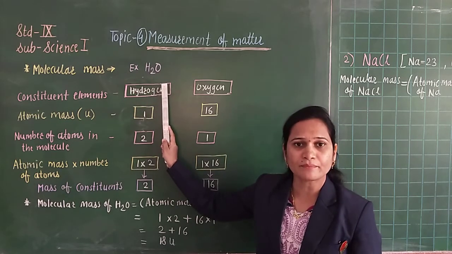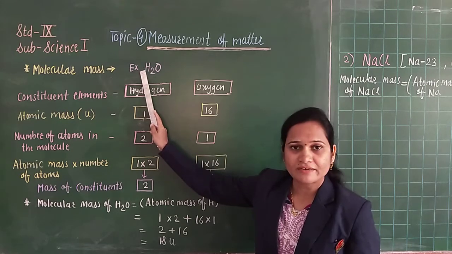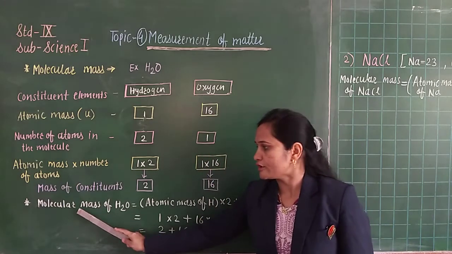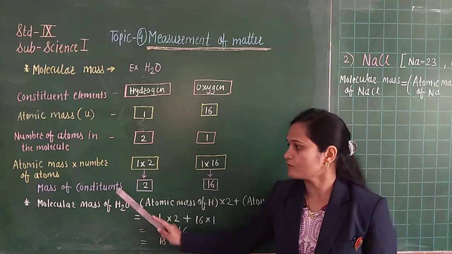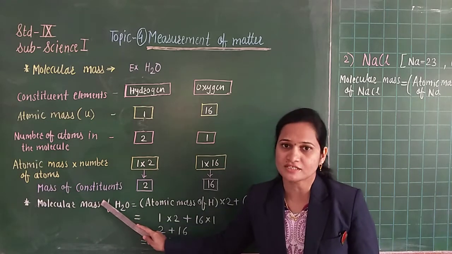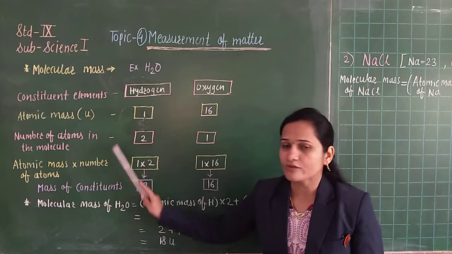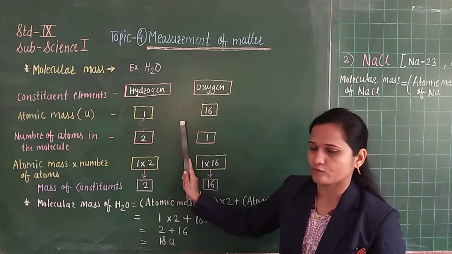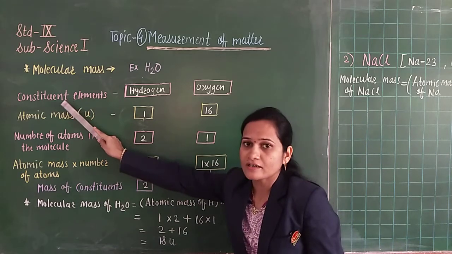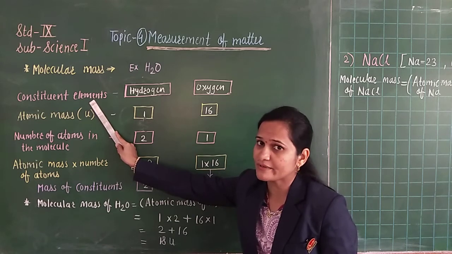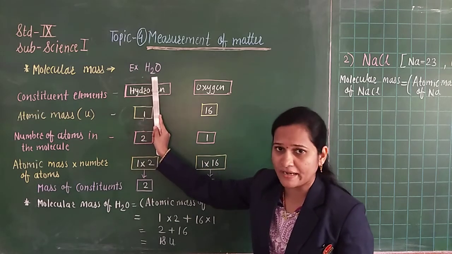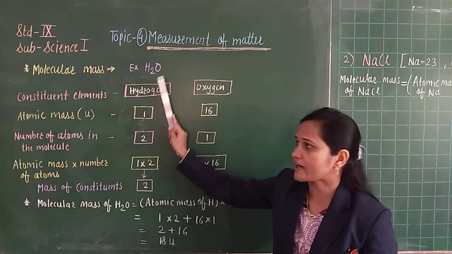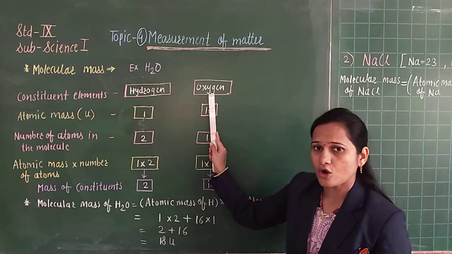In that, we will see how to find the molecular mass of the compound. Now observe the given example on the blackboard. Which example is given here? H2O, water. If we want to find the molecular mass of H2O, first we have to find the mass of the constituents. Which steps do we have to use? About that I have drawn one flow chart here. Observe it carefully. First we have to write the constituent elements, meaning the elements by which that compound is made. Total two constituents are present in H2O, H and O. So write the names, hydrogen and oxygen.